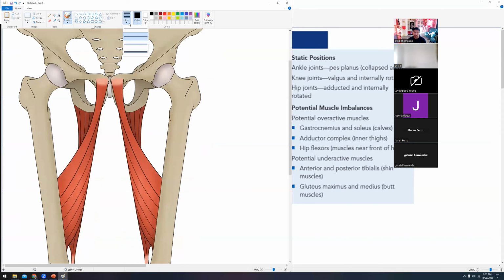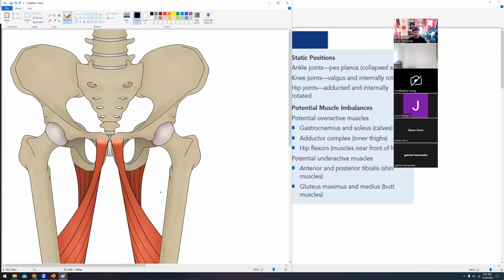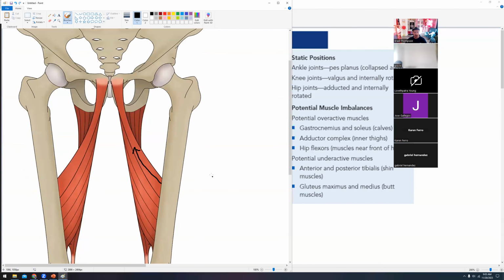This one, yes, this is pulling, it's attached here. And that's very much on the front of the femur. So where it pulls from this direction, it is very much going to pull here, and that's going to cause internal rotation. But if you look at these back fibers here that are originating on the posterior aspect